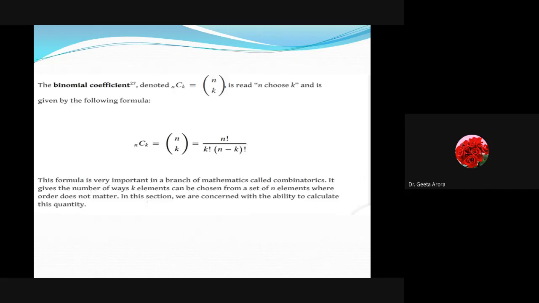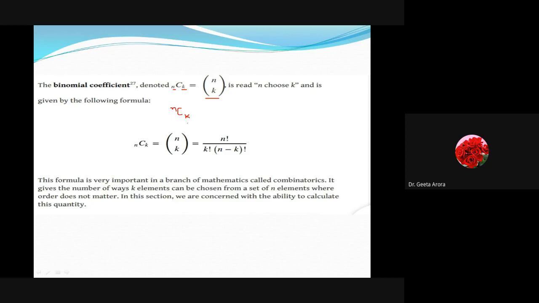Okay, next we are talking about a binomial coefficient. Binomial coefficient is denoted by nCk, and different books have different notations. Some use this notation, n and then k in brackets. Some use n and k both in the subscript, but normally what I have followed and learned in most of the books is n at the superscript in front, and then C followed by k. So lots of books have different notations, but these are the common ones. You can use any one of them, correct?